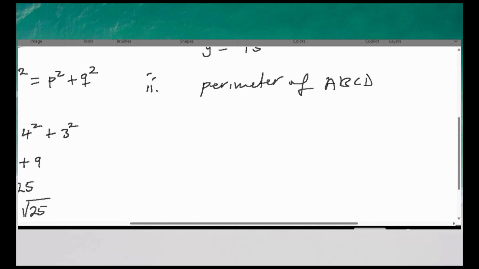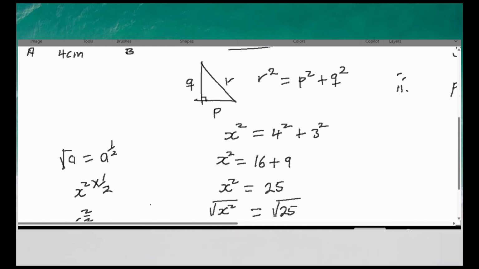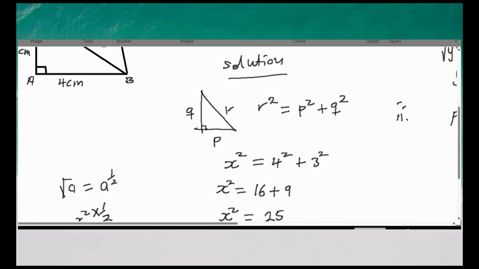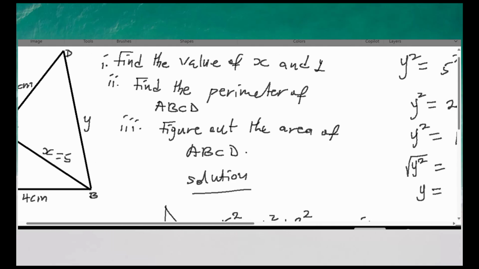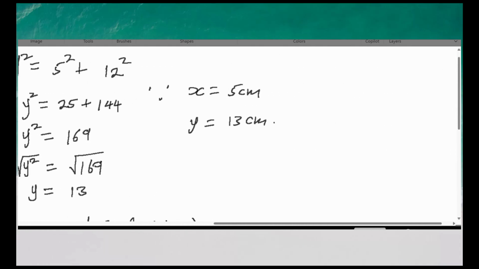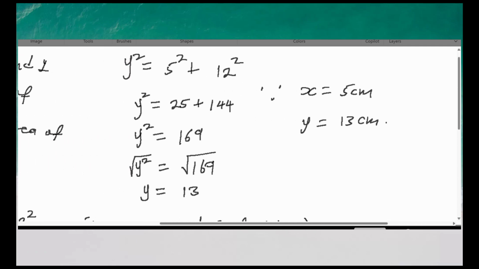The perimeter is the distance around a shape, okay? Distance around a shape, which is going to be AB, BD, DC, and CA. Okay, so we're going to have the perimeter to be